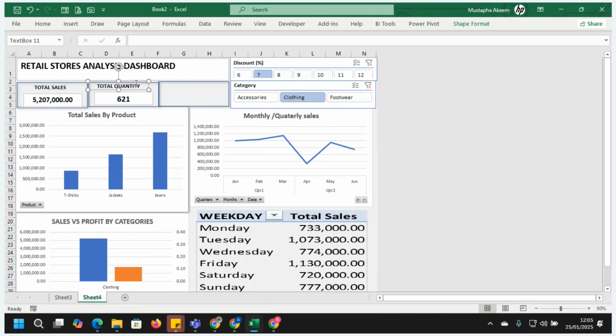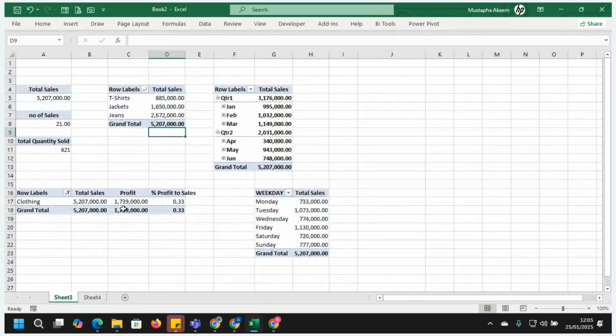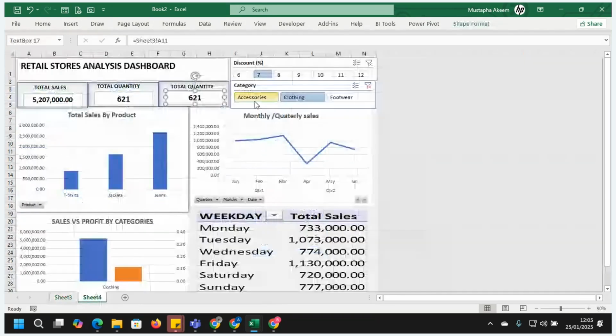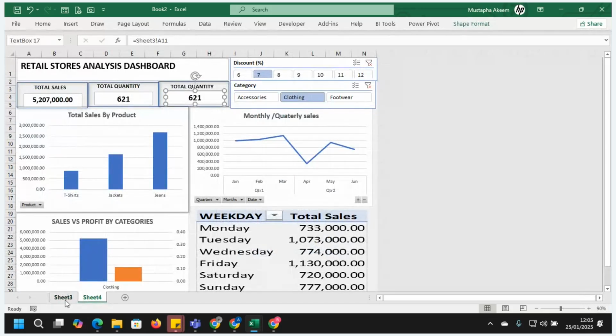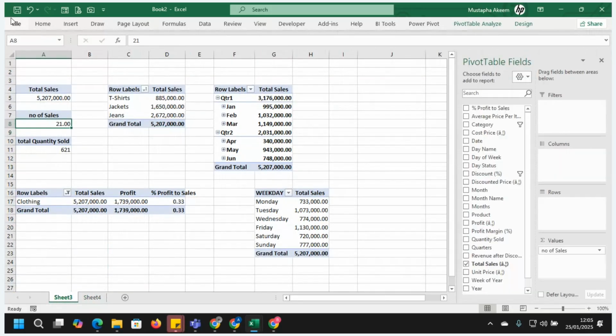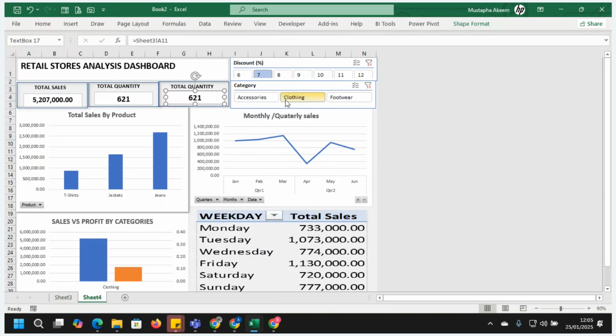Let me click this and put that here. Then we have one more out there. Okay, this is just a simple way of summarizing our data. So we have this one to put the number of sales, with 500 sales. So the number of sales, that is cell what? Cell A8. You have to know the name. When you click on it, you see the name here, A8. You don't know the name of the column before. Okay, so let's quickly do that, A8.